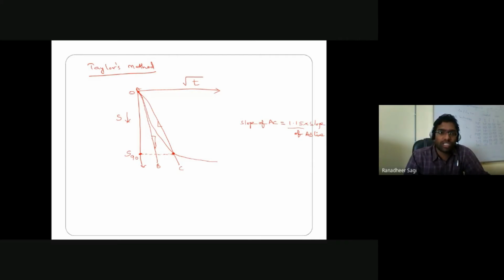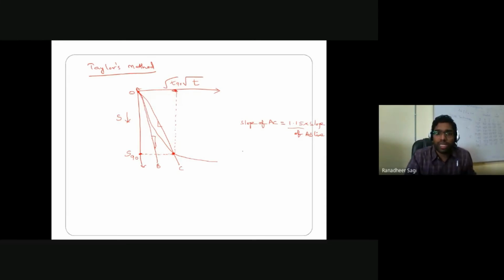And this point, if you extend it onto your vertical axis, then the settlement you are getting in the soil is nothing but the 90% settlement, in the sense, settlement corresponding to 90% degree of consolidation. And if I extend it onto your horizontal axis, then I get what is called your under root T90 value. That is nothing but the time required for 90% of degree of consolidation to be completed in the soil sample. So for achieving 90% degree of consolidation, what is the corresponding time required?